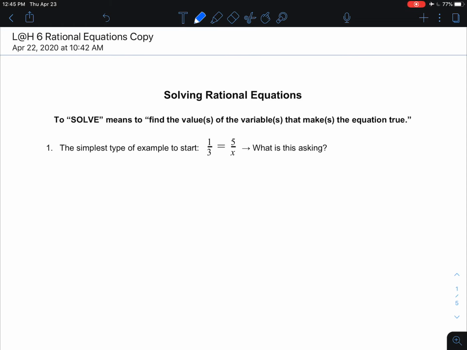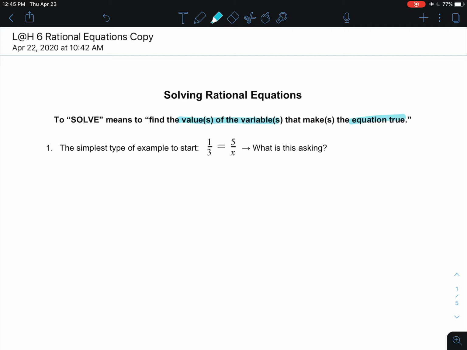Alright, so this video is about solving rational equations. And to start, we need to talk about what it actually means to solve. To solve means to find the value of the variable or variables that make the equation true. So you're looking for the value of the variable that makes the equation true. In this course, we're going to be looking at equations that have just one variable that we're solving for